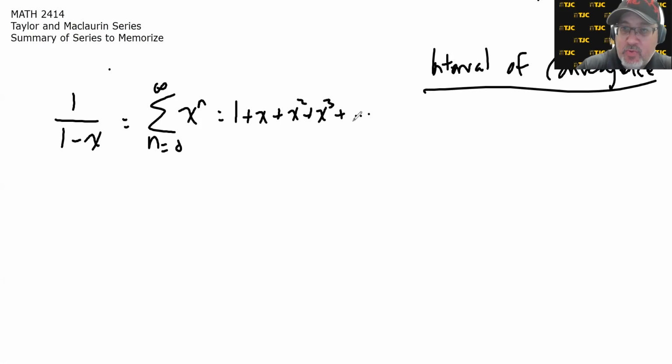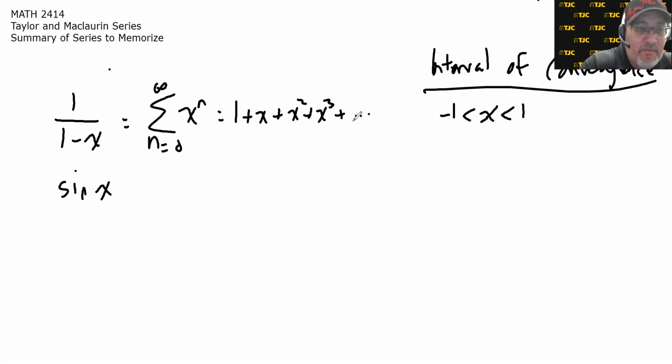This converges when x is between -1 and 1, which is equivalent to saying the absolute value of x is less than 1, which makes sense because it's a geometric series, and anytime the ratio's absolute value is less than 1, you get convergence. The next one was sine of x, which is equal to the sum of n equals